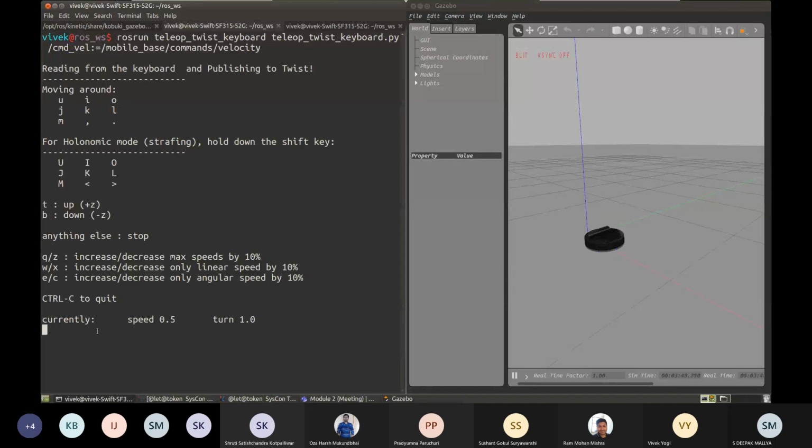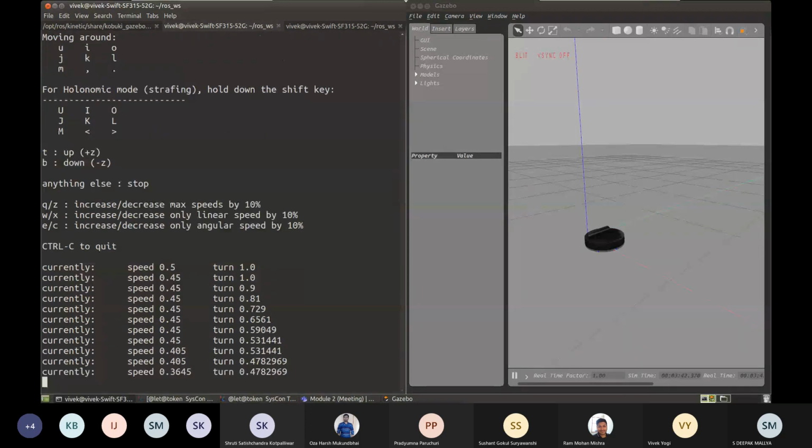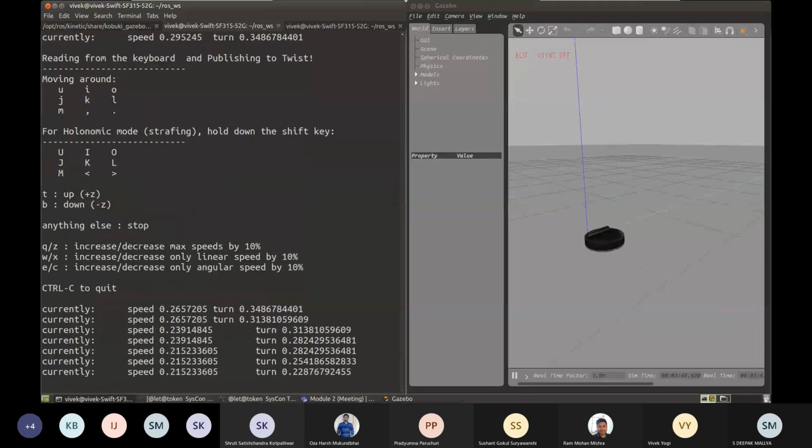Now I'm going to first reduce the speed of the robot so that we see it moving. Now I'm going to press the key I. You see that the robot moved, and now I'm going to make it go in a circle. This is being done from the keyboard now. The good thing is that this helps you to play.